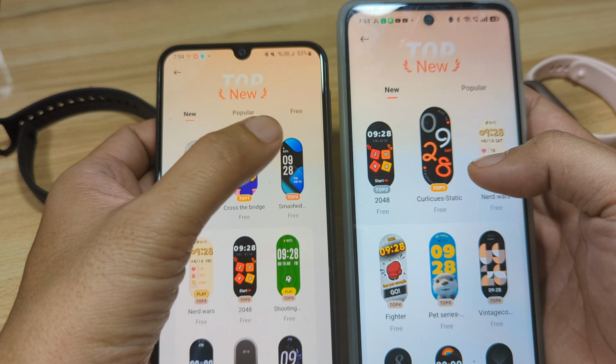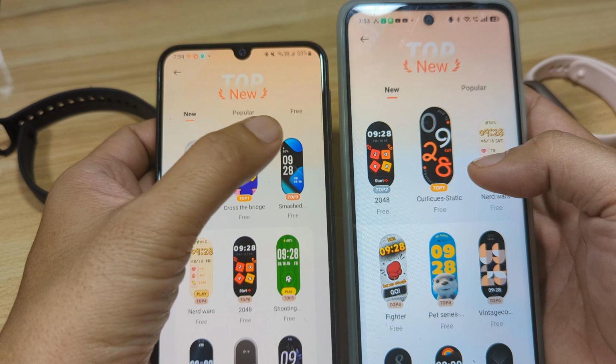So which has a better layout? We have new and popular only for our Xiaomi Smart Band 10. And you notice it already: we have the top one for the Cross the Bridge, and a different top one for our Xiaomi Smart Band 10. I don't know why this one is the top watch face.